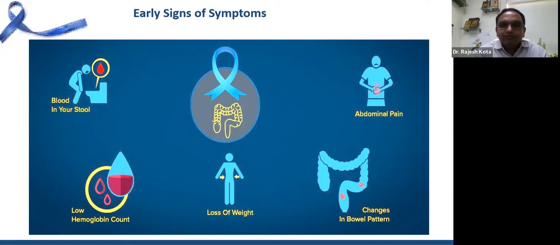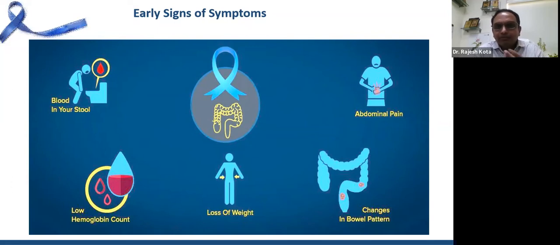The other sign of colorectal cancers is loss of weight, or unexplained weight loss. If someone is doing exercise, not taking enough food, or is on a diet routine to lose weight intentionally, then it is fine. But if unintentionally you lose, say, 10% of your weight, so if you are around 80 and in 3-4 months you become 70, 65 without any intentional cut down in the intake or without any excess exercise, that should warn you that something is not good in your system and you should get checked by a gastroenterologist or your family physician.